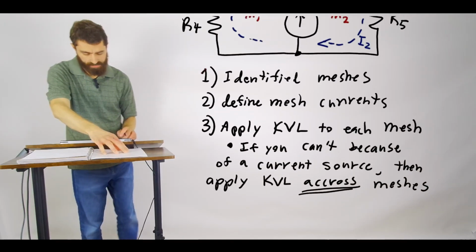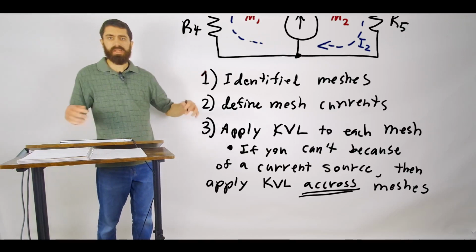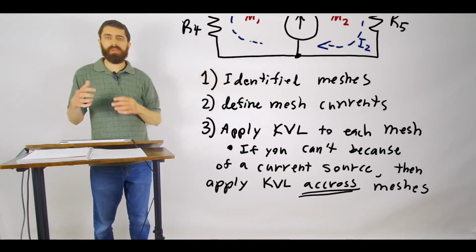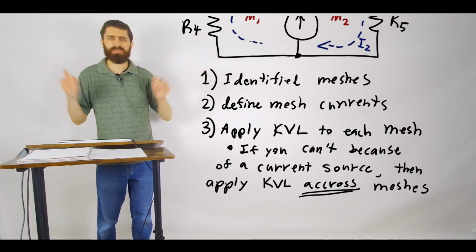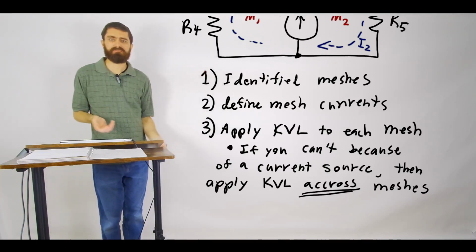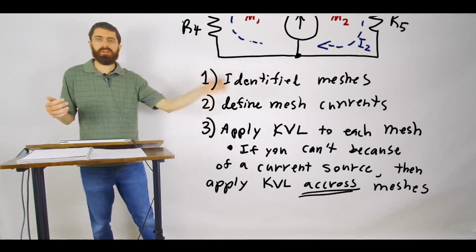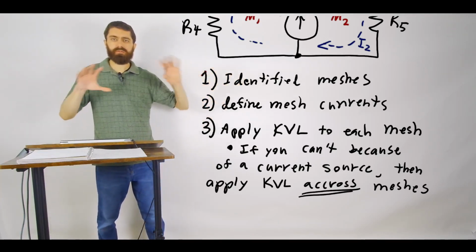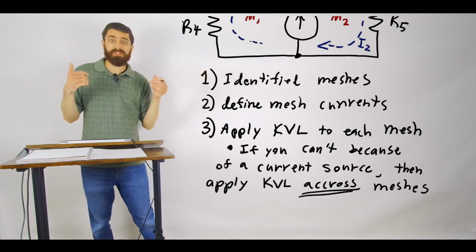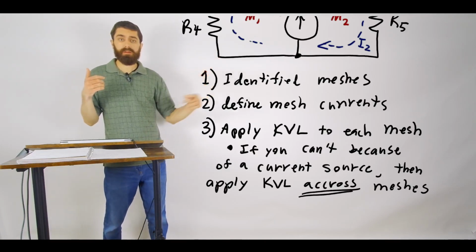So some would even refer to taking a KVL across different meshes as a super mesh, but I prefer just to say we're going to take a loop that includes multiple meshes and that doesn't run